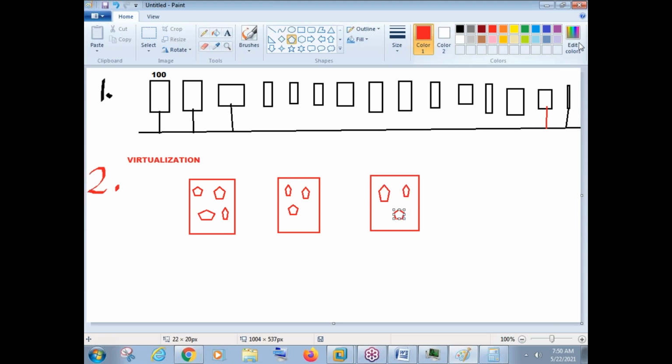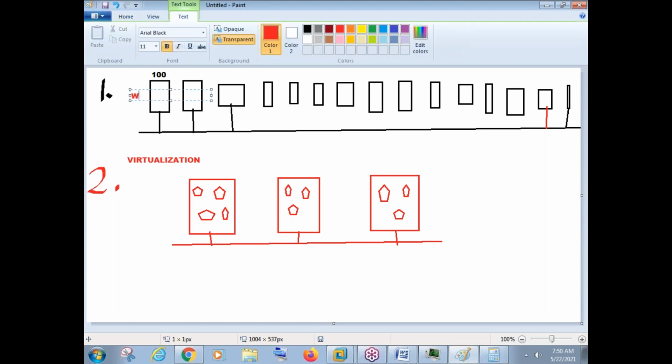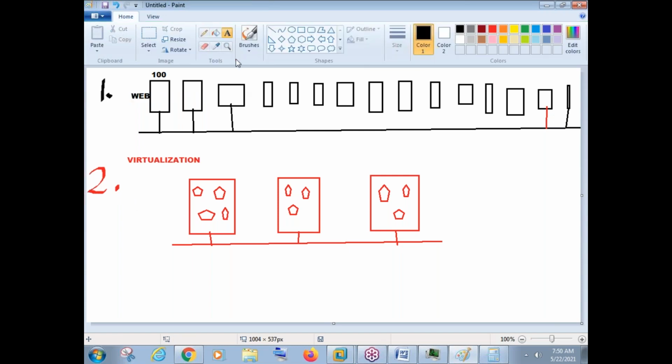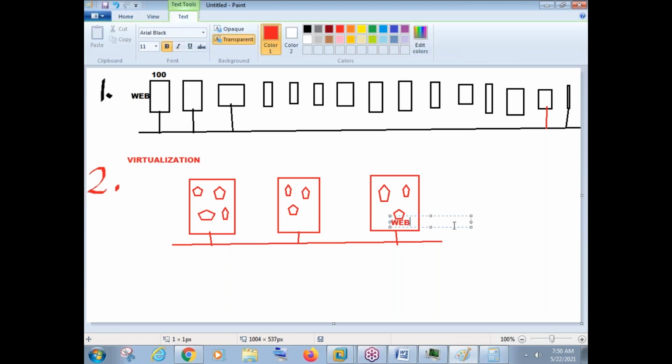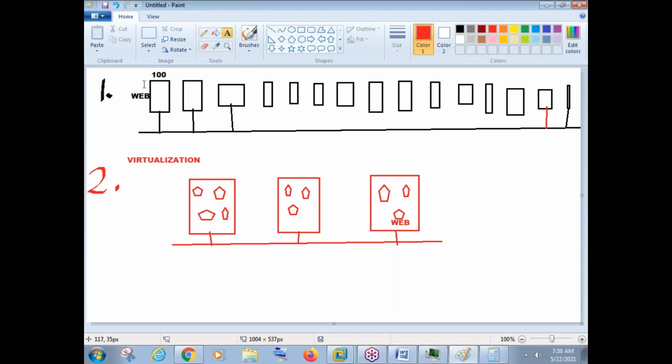So imagine in every physical machine you created 33, 34 virtual machines, and they will be connected here. So physical servers are 3, but how many virtual machines? How many services are we running? Say DNS we were running here, for example, or suppose a web server. It was running on this physical machine, but now the web server is running in which machine? Suppose it is running here in this virtual machine. That's the only difference. Web server is running in our company, here also the web server is running. But in the first scenario, the web server is running on a physical machine. In the second scenario, the web server is running on a virtual machine.